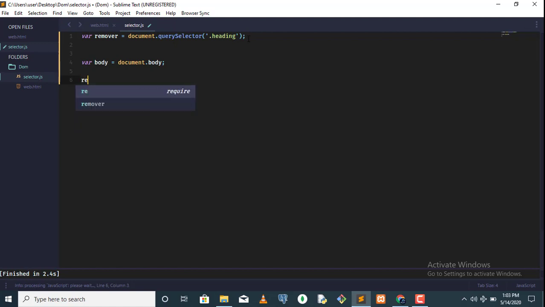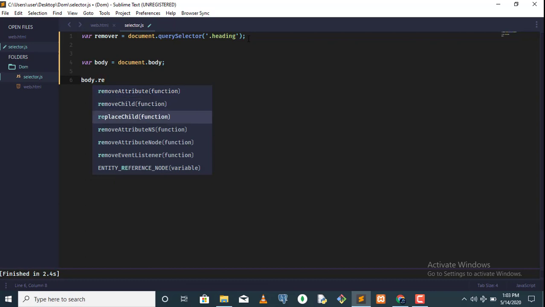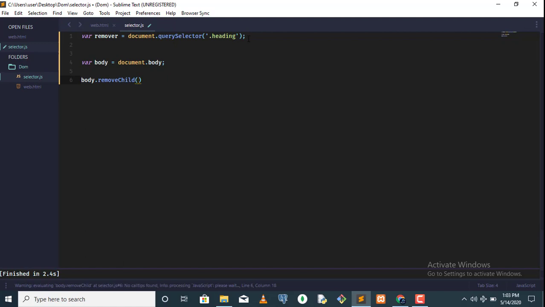I'm going to say remover dot, no, not remover, body dot remove. You can see I already have the suggestions. I'm going to use body dot removeChild. Yeah, body dot removeChild. The name of the child is going to be the remover. Now when I save this,